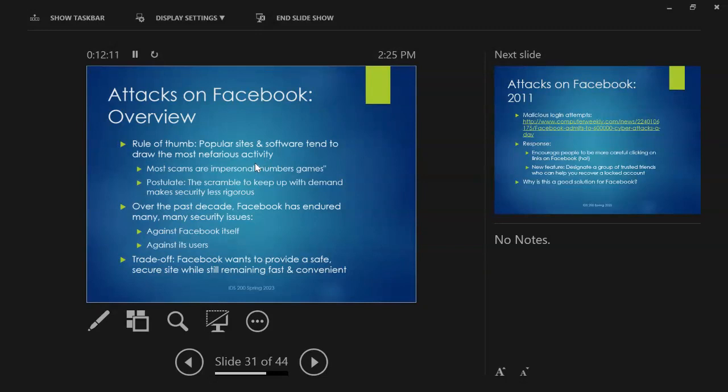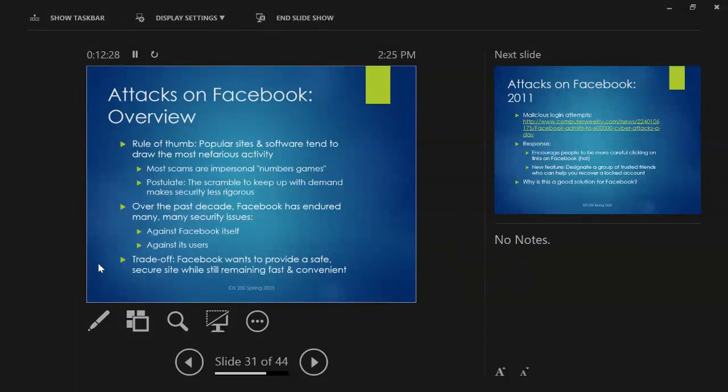Once demand starts to flatten out, then maybe you're like, okay, now we kind of got a breather, we can do this. But in the early days of Facebook, when it was like doubling every year, it was kind of all they could do just to keep up with that. And yeah, they were trying to do security, but a lot of bad stuff happened.